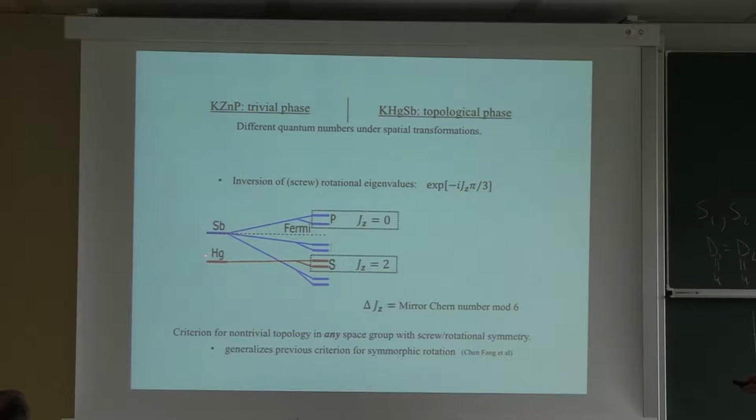Why? Because mercury here is 6, and antimony is 5, 6s2 and 5p something. So normally this should go above, but there's something in chemistry that I learned by visiting Claudia called the inert pairing effect that makes this go below this. And once this has gone below, it is non-trivial, and you know it's non-trivial without doing any more work. The reason you know is that without adding any spin-orbit coupling, this guy is a semimetal.